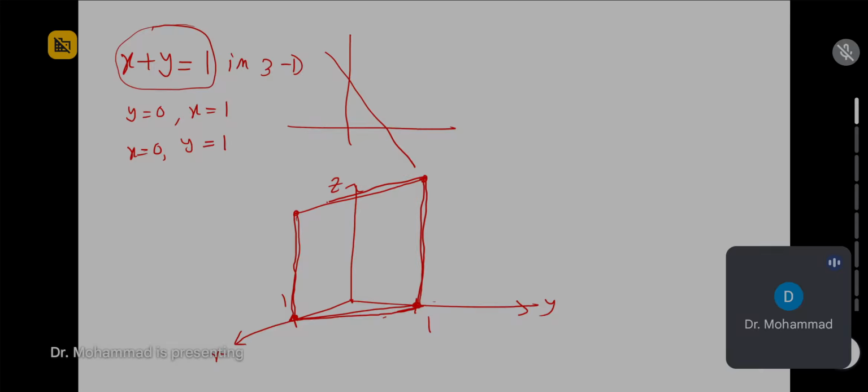So for example, if we would like to take the line like this, say y plus z is 2, then what is this? So you see now, looking at this plane,